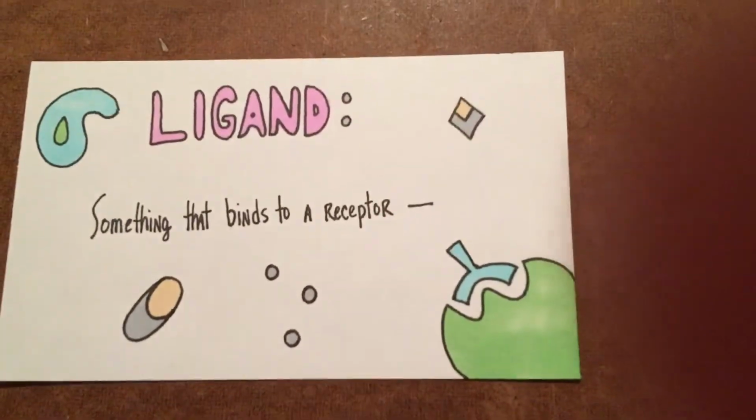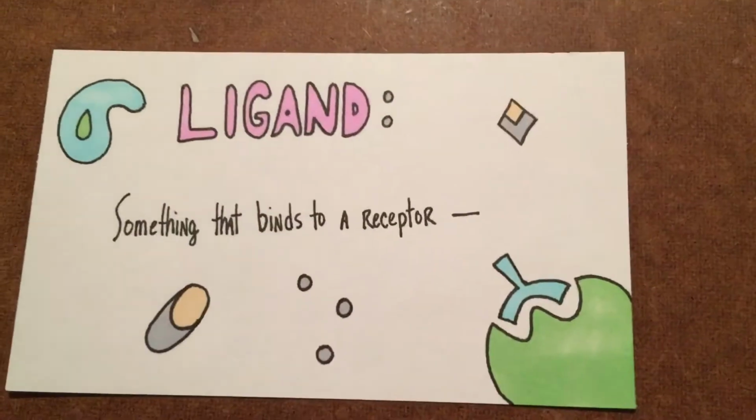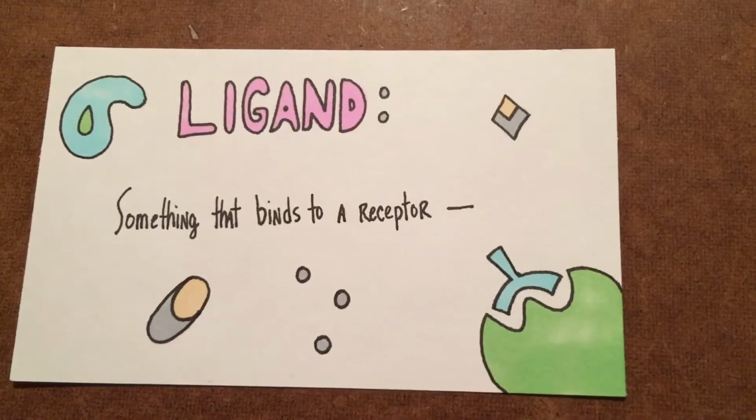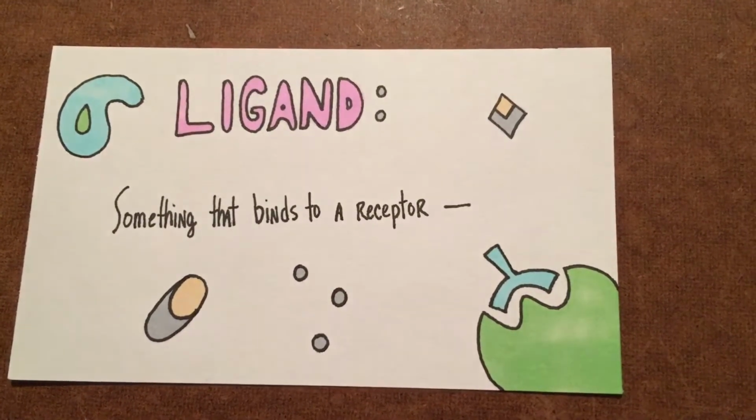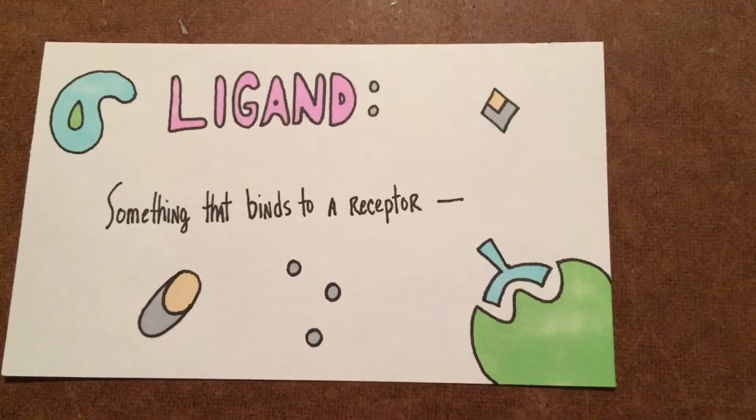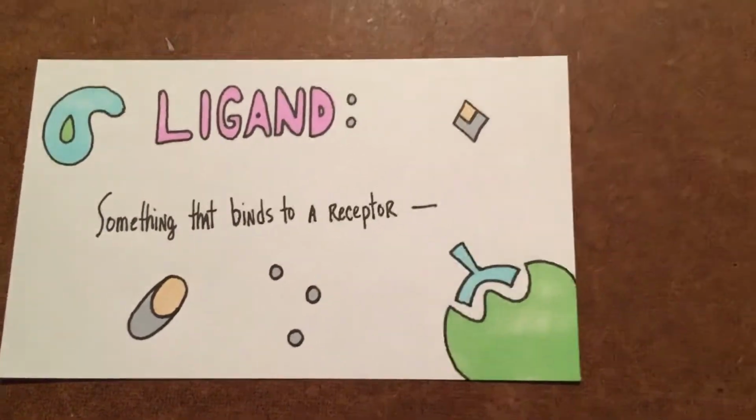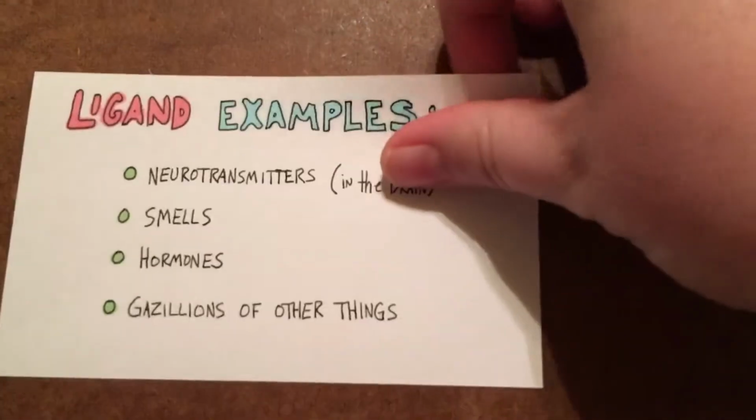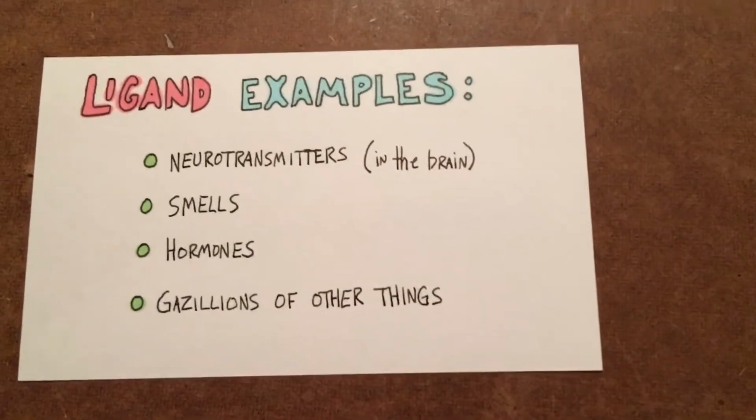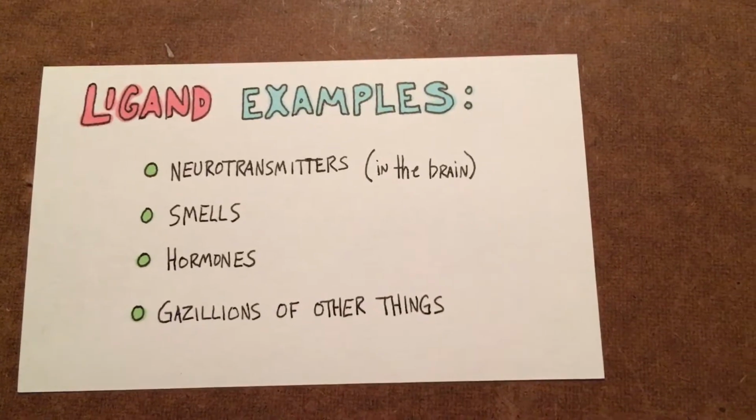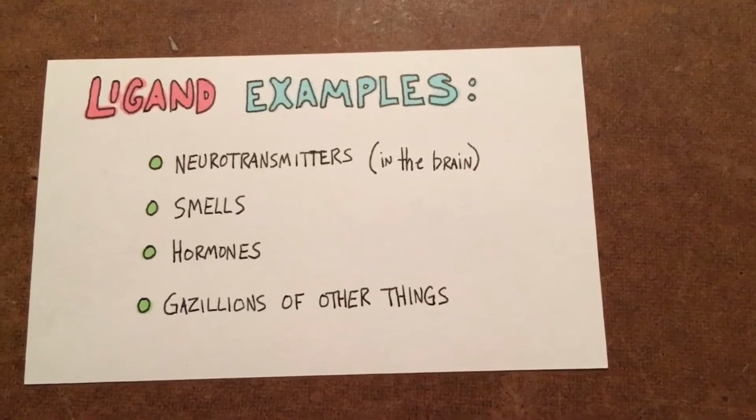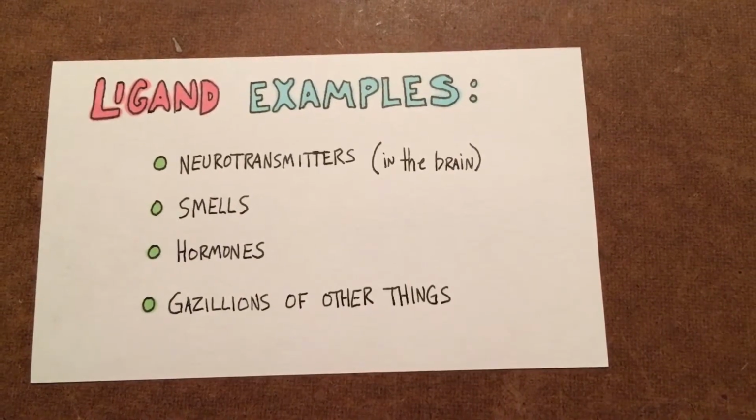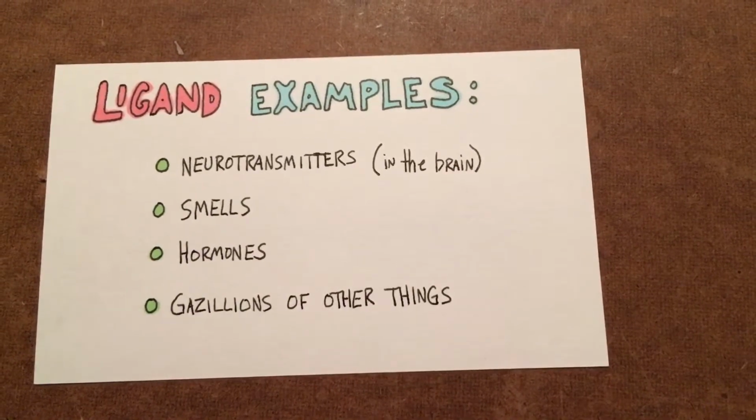A ligand is basically a word that we use for something that binds to a receptor. So you've got a receptor, anything that sticks to it is a ligand. It can come in all different shapes, it can be all different things. Some examples of ligands are neurotransmitters, things like serotonin in the brain. Smells, the things you smell are actually little molecules that physically get in your nose. So when you smell poop,